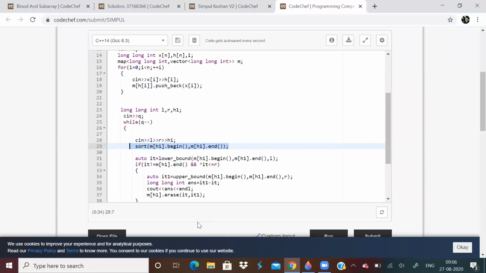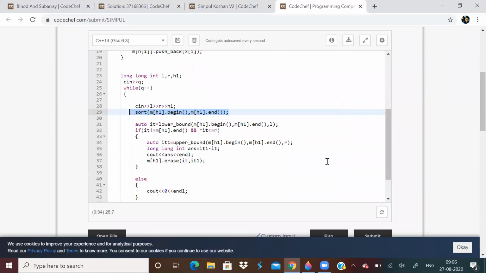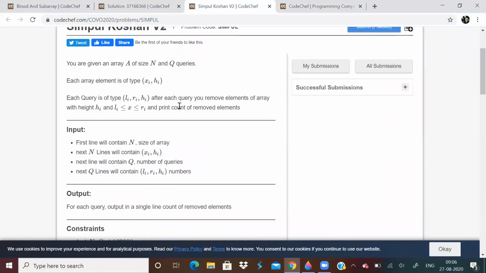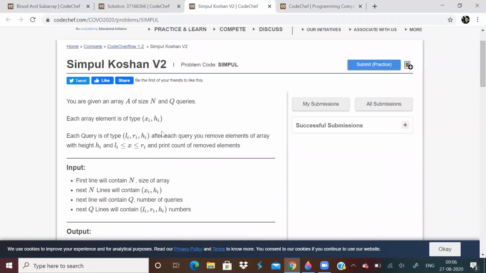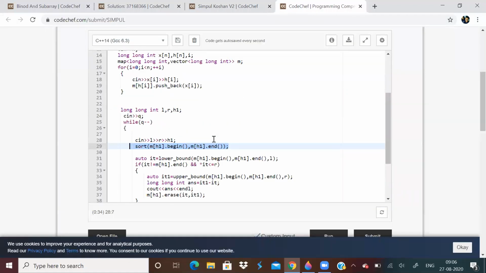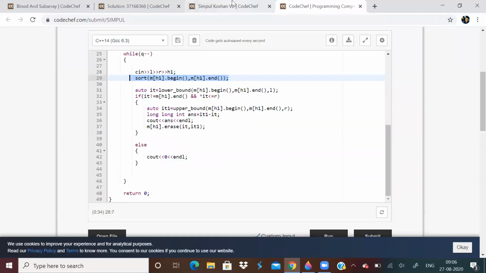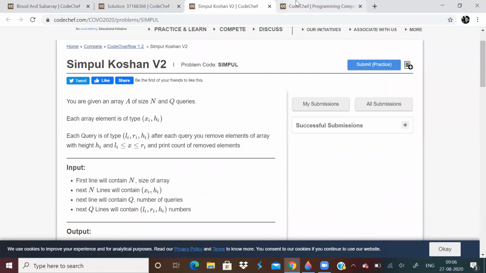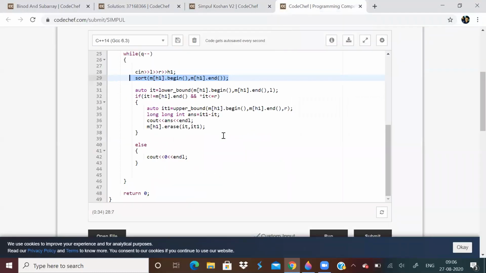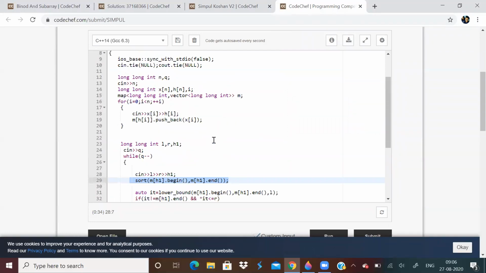You can have a look at the code. It's very straightforward, you don't need any explanation to understand the question. But how to implement it is the tough part. So this is how you implement this. Map an integer to a vector.